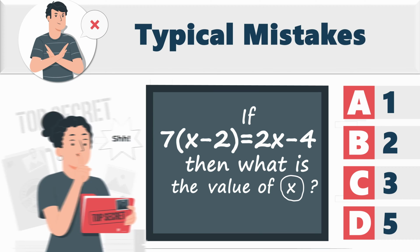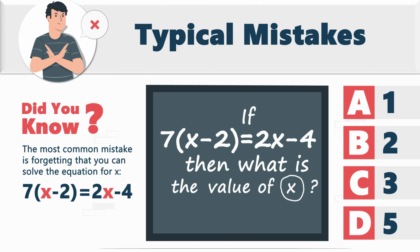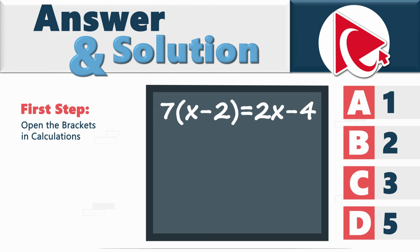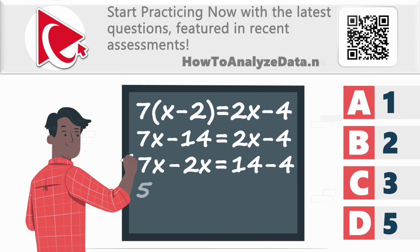And speaking about mistakes, did you know that the most common mistake with this particular problem is forgetting that you can solve this equation for x? Let's look how you can do it. The first step would be to open the brackets. The result will be 7x minus 14 equals 2x minus 4. In the next step, you calculate 7x minus 2x, which would be equal to 14 minus 4. The result of this would be 5x equals 10, which helps us calculate x, which would be equal to